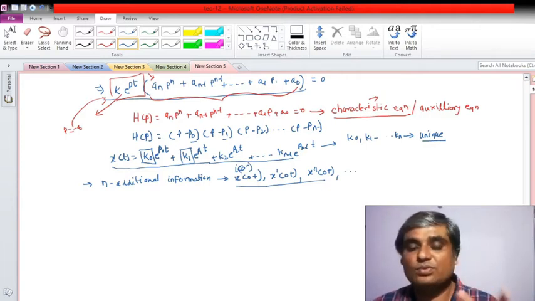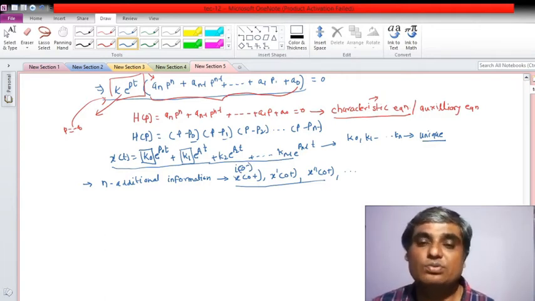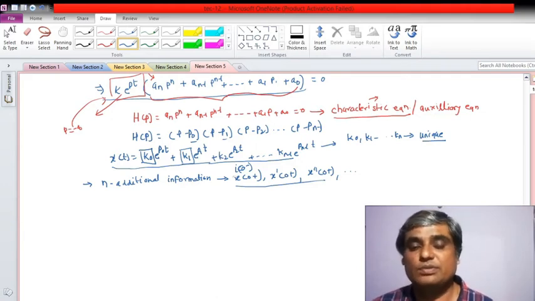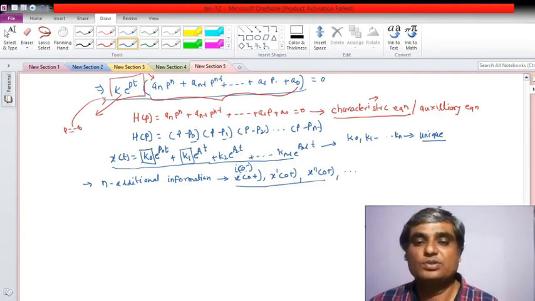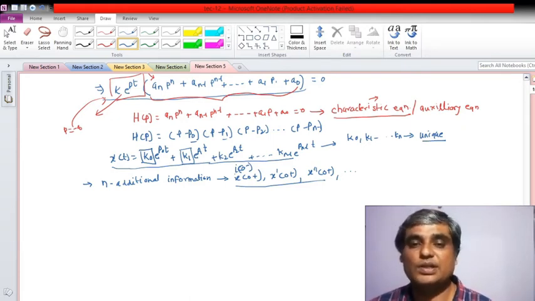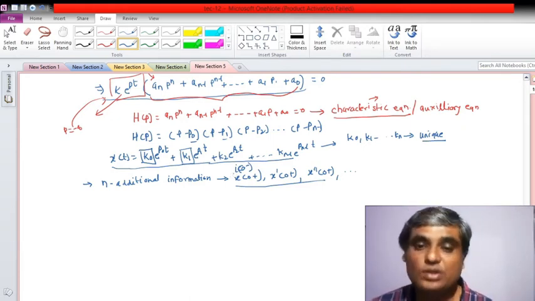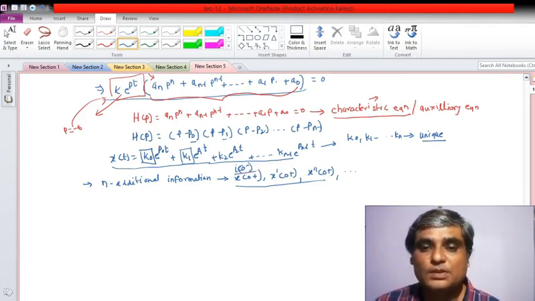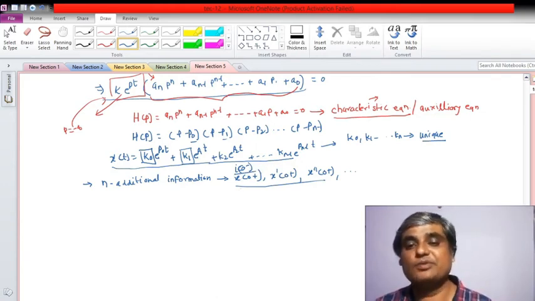Now we have seen first how we can find out the initial or final conditions by physical inspection, right? Once I know the initial conditions, I can solve the circuit or the network. Also, if in the problem i of 0 minus is given and i of 0 plus is asked, that is an impulsive sort of problem, right? Till now we will not touch that. When the situation comes, we will see how to solve it.